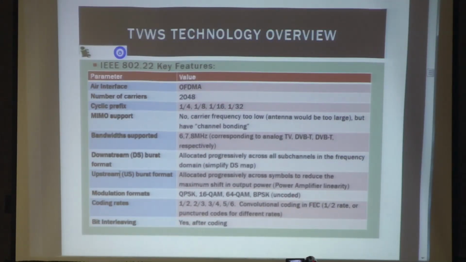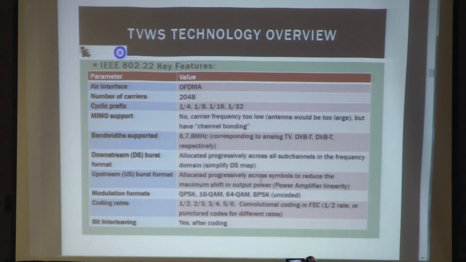The supported bandwidth ranges from 6 megahertz to 8 megahertz. 6 megahertz is the bandwidth of the analog TV signal as it is in the US today, and 8 megahertz is like a DVB-T signal. And there are different formats here for downstream and upstream. I'm not going to go into detail on those, but the main point is basically that